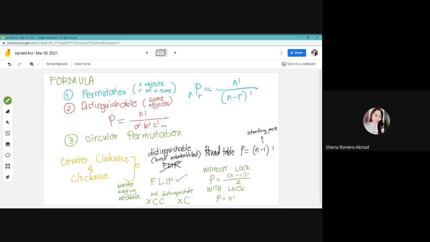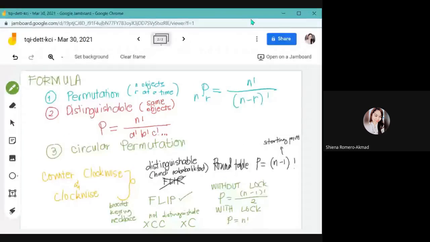So I want you to look at any item there. Sa inyo, meron ba kayong bracelet dyan? Meron ba kayo dyan necklace? Tingnan nyo, if you have, kung may lock yan, ito yung formula. Kung walang lock, ito yung formula. Sige. We will look at the formula and at the same time,